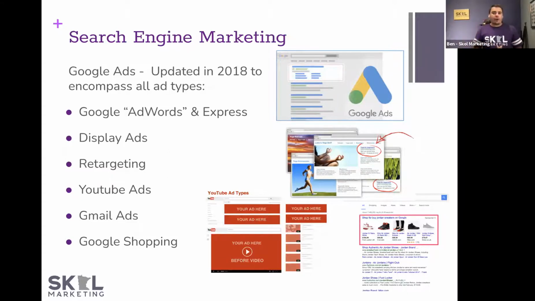Also, there's another platform that's called AdWords Express. We have display ads, retargeting ads, YouTube ads, Gmail ads, and Google Shopping ads. So you can see that there are a ton of different opportunities now, whereas honestly, a couple of years ago, you were pretty much looking at predominantly Google AdWords with PPC. Now we've expanded so much to offer a lot of these other types of advertising models and channels